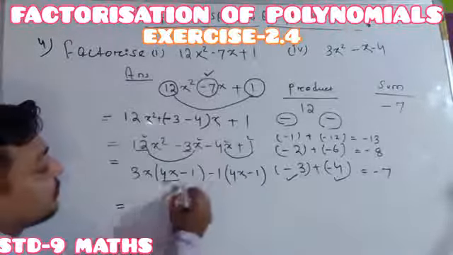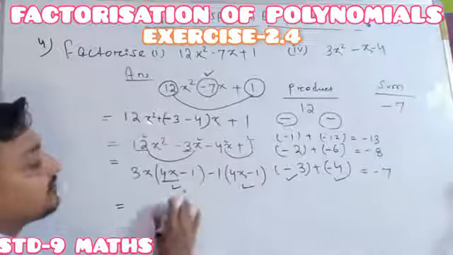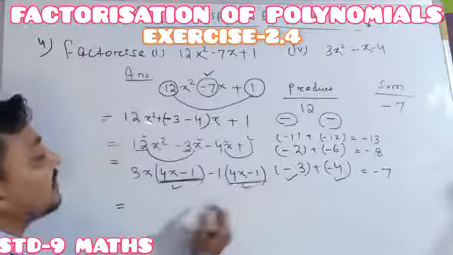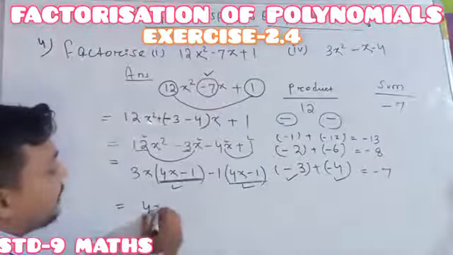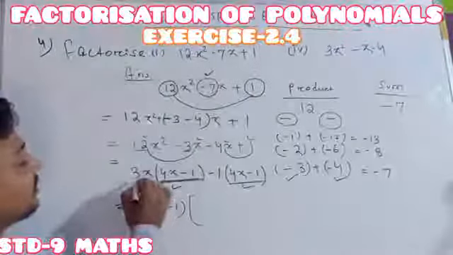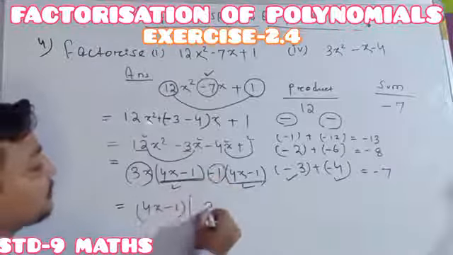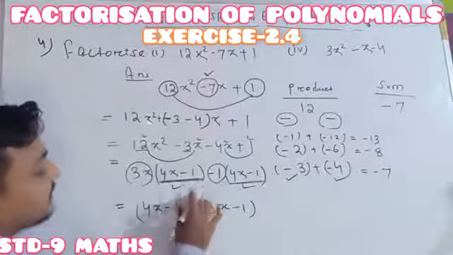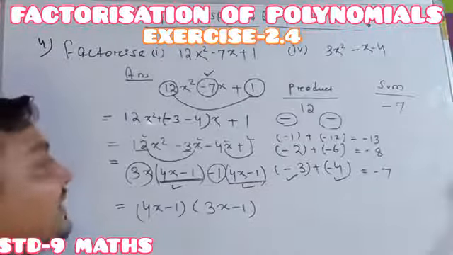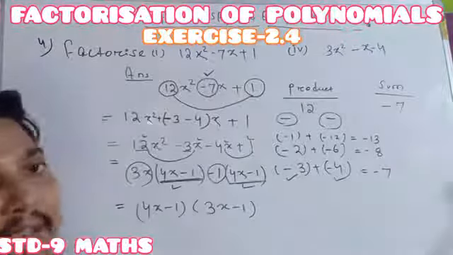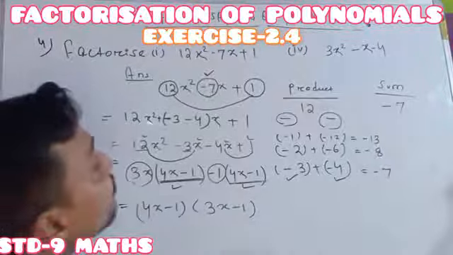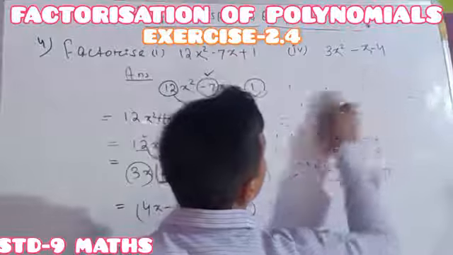See, in the 2 terms, this one is 1 term and this one is another term. From the 2 terms, one of the binomials is common. This binomial is the larger one, 4x minus 1. That common binomial I must take as common, and on taking the binomial as common, the non-common terms are 3x and minus 1. So within the bracket I am writing 3x minus 1. Understood? The factorization is over, and this factorization I have done by splitting the middle term. Understood or not understood? In the same way I will do the next question, number I. Just give the focus.